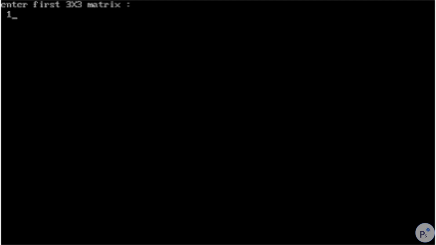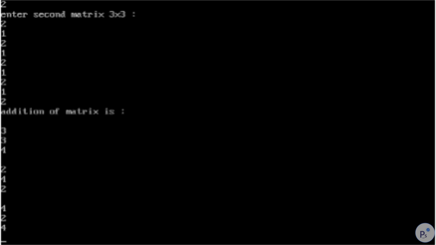Enter the first matrix 1, 2, 1, 2, 1, 2, 1, 2. For simplicity, 2, 1, 2, 1, 2, 1, 2, 1, 2. So as you can see, this is the overall values, and we got the answer in a 3 by 3 matrix.